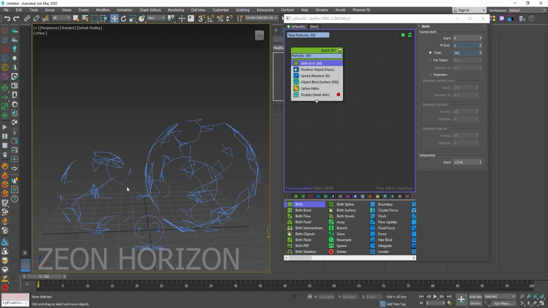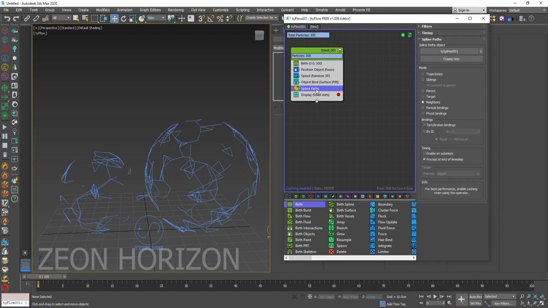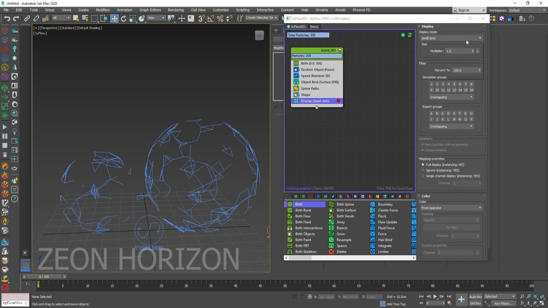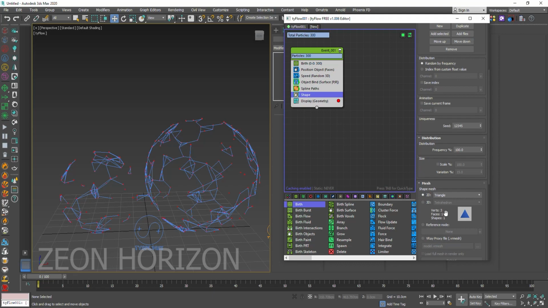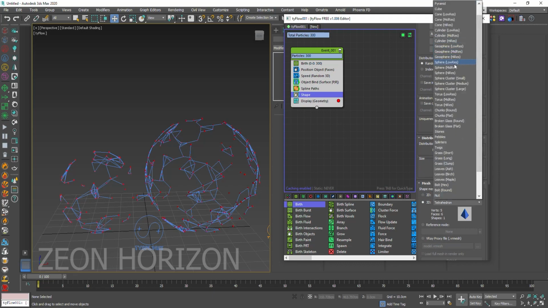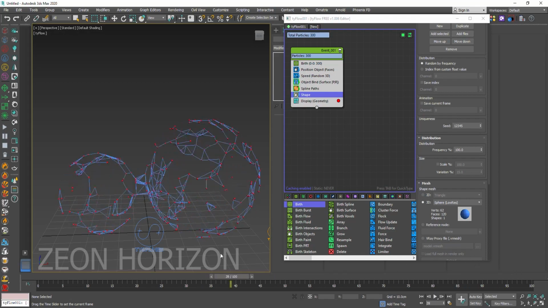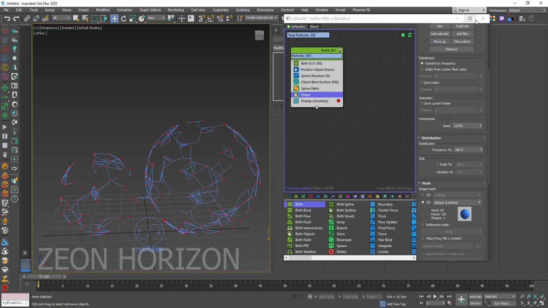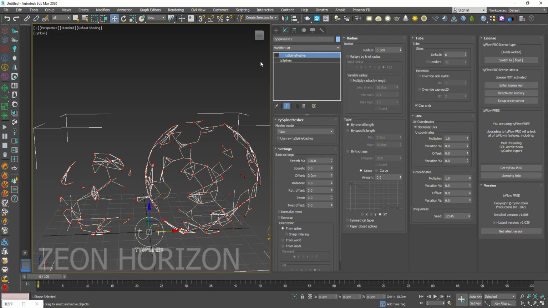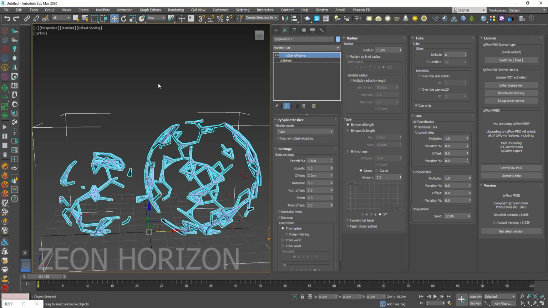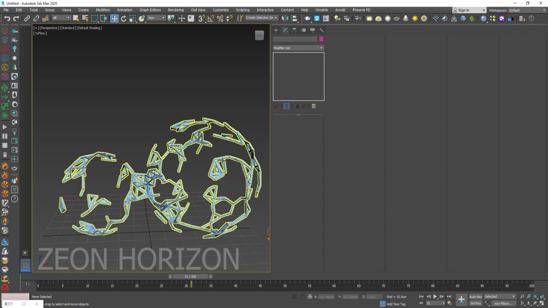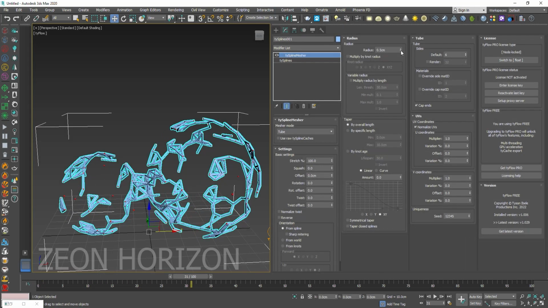Okay, now let's give these particles a shape. So we are going to use the shape modifier. From the display, change it to geometry. In the shape modifier, give them the shape of sphere like this. Now select the spline path, click on this button to make it visible in the viewport. Decrease the radius